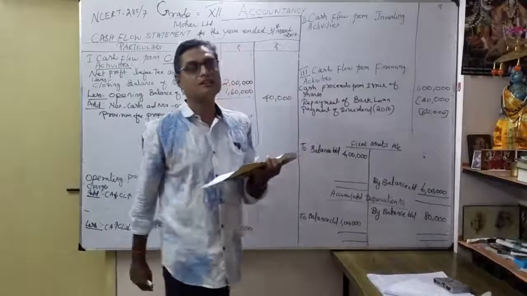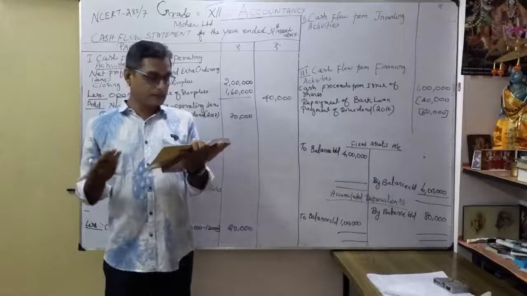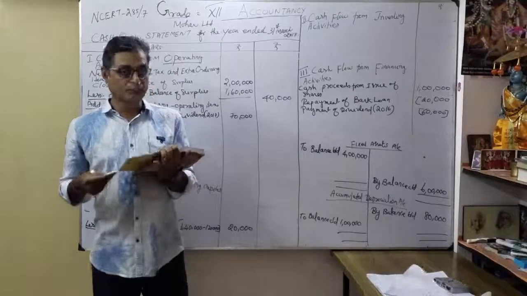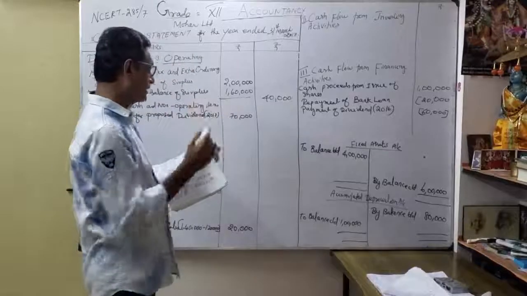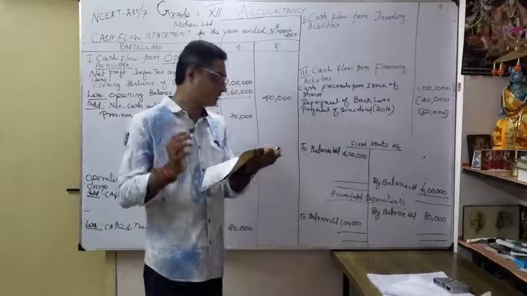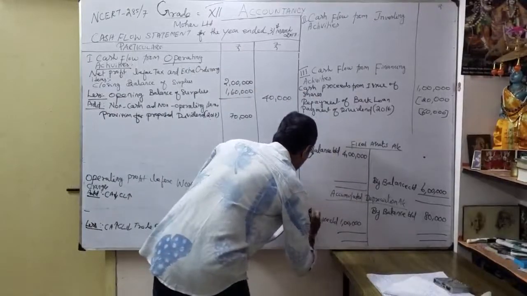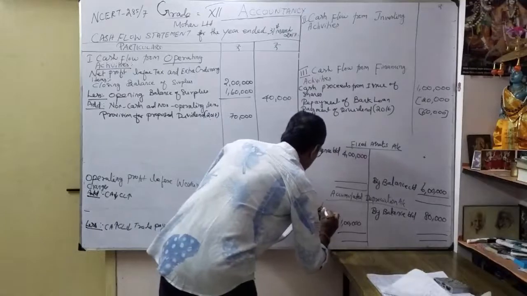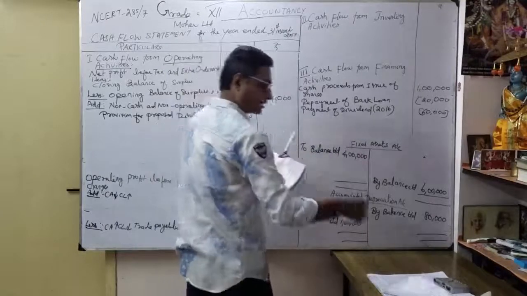So, machine costing 80,000 on which accumulated depreciation was how much? 50,000. Sold for 20,000. See here the easy understanding. They given the accumulated depreciation for the particular machine. How much? So how to do posting here? I make it here to machinery account. Sorry, fixed asset. It's a fixed asset, no? Fixed asset.